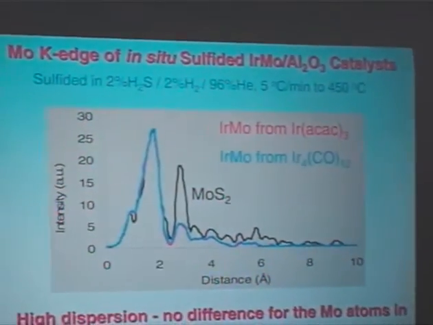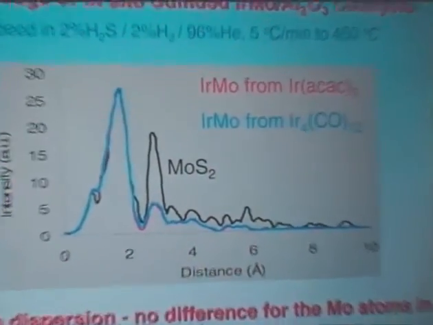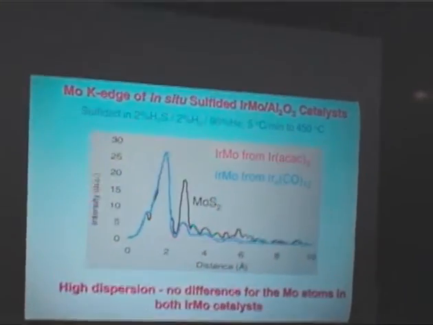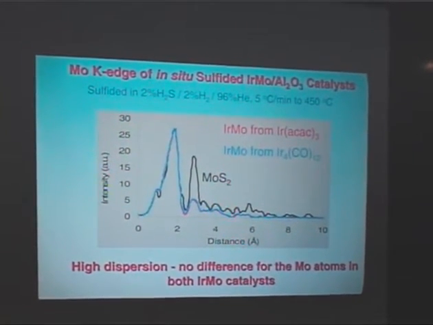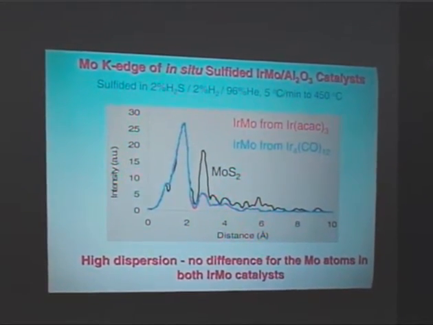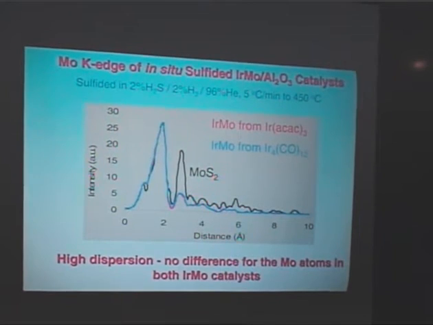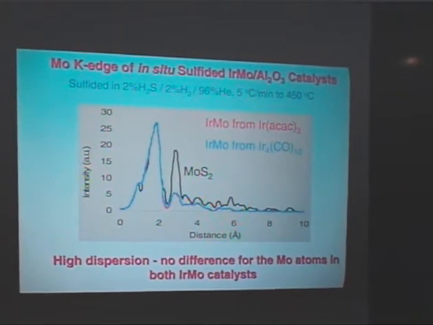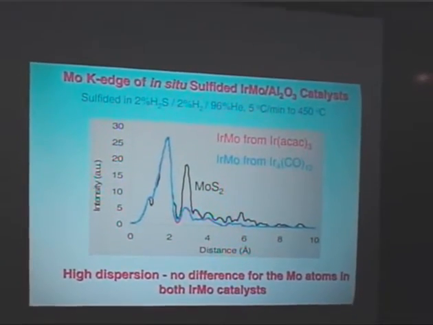In order to elucidate that structure, we have carried out EXAFS, and this is an in situ EXAFS where the catalysts are sulfided with this gas mixture. So this is approximately the same process which is going on in a hydrotreating reactor. We can see here 3 Fourier transforms of EXAFS curves. One is a reference, a molybdenum sulfide reference, and the 2 lines in red and blue are the iridium molybdenum systems. This first signal here,